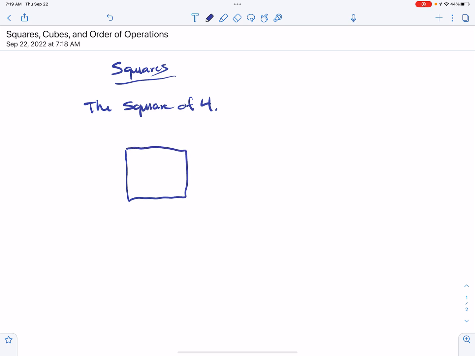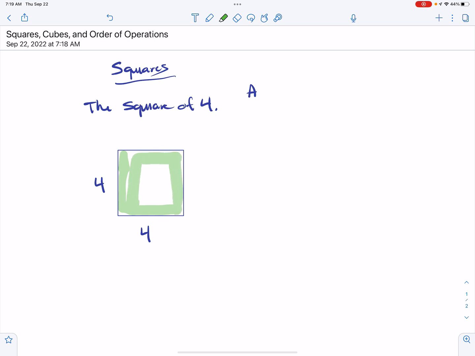if you were to represent this with a visual model or like a picture, you could draw a square. So if we have a square and it has side lengths of 4, you can know that to find the area, or the amount of space on the inside here, that's our area, you would need to do length times width. So in this case, that would mean that the area equals 4 times 4,